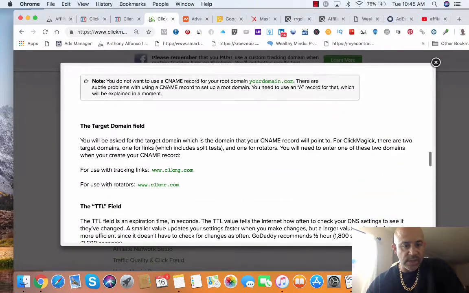Scroll down, and this is how you set it up. Yes, your CNAME record for tracking links. Rotators are links that are switching landing pages or switching links for you. But in this example, I'm not going to use a rotator, so this is the thing that you need inside